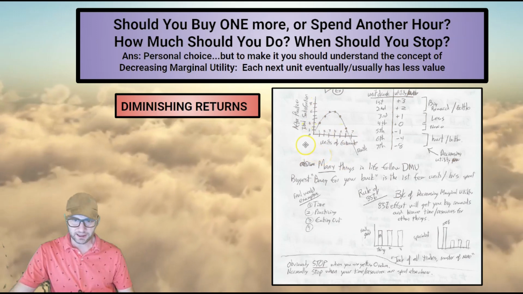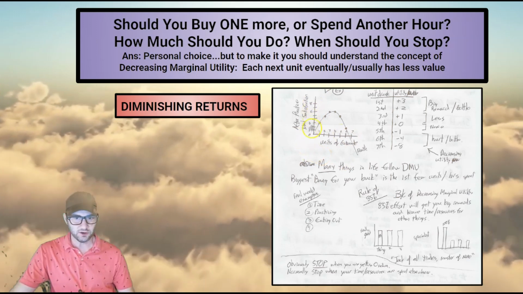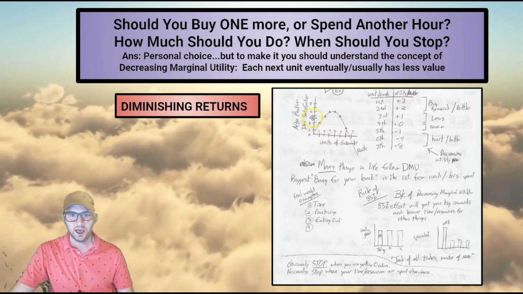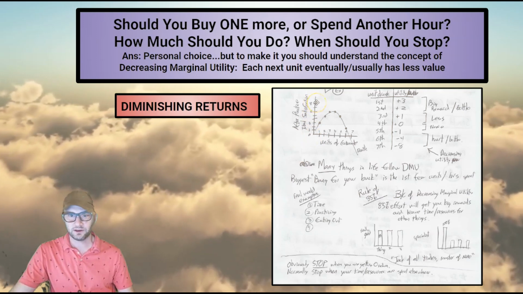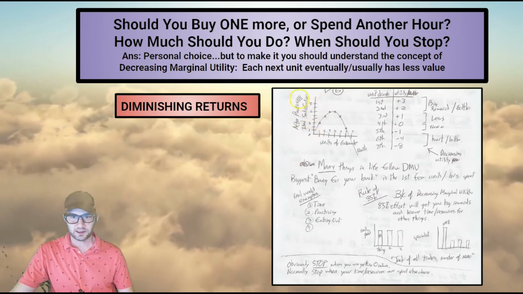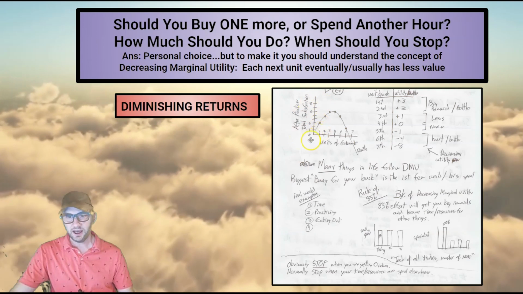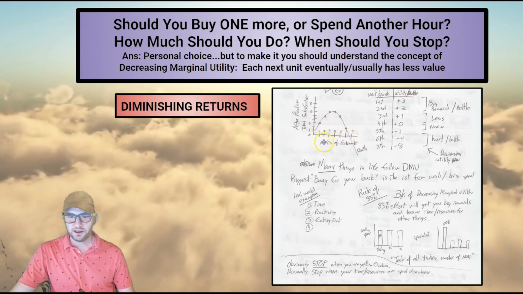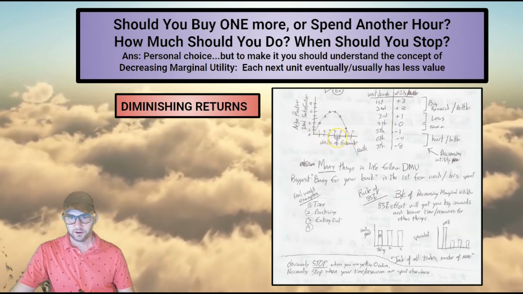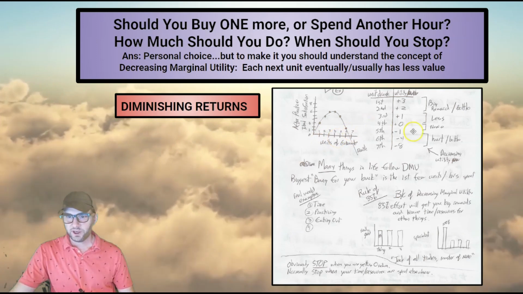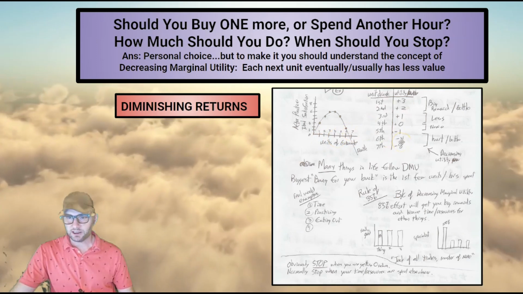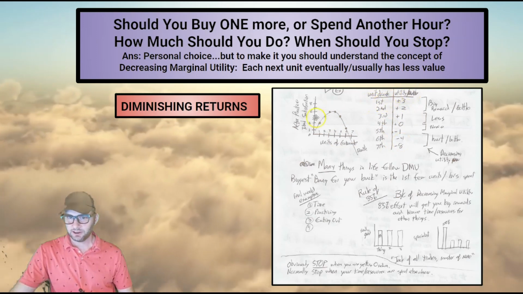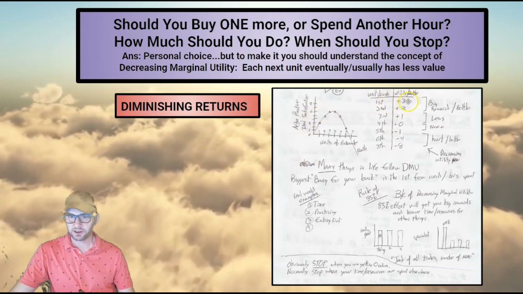On the y-axis is total satisfaction in units. I don't know what a unit of satisfaction is, but I know if you're at 0 satisfaction, your life is sucking. And let's say at 8 satisfaction, you're pretty darn happy, okay? So the y-axis is your total satisfaction. And the x-axis, I think it's the x, whatever, ask your math teacher, is the units of Gatorade that you have drunken. And we can create a chart. The first unit that you drink will add to your utility, your satisfaction, by 3 units of happiness.